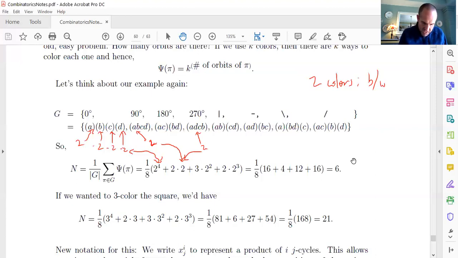Well, ACBD, again, I have two options for the first cycle and two options for the second cycle, namely black or white, black or white. So once I know what A is, if it's black, C has to be black also in order for this thing to be fixed. So that's 2 times 2, which corresponds to 2 squared, which is one of those. And of course, this guy right here corresponds to one of those. And is there another one? Yeah, this guy right here corresponds to one of those,